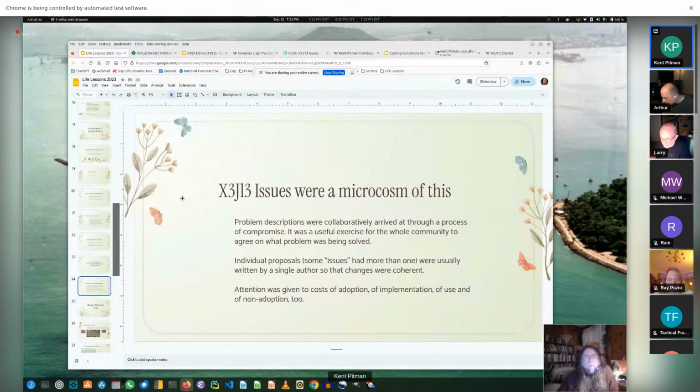Do you think it's a good idea to make a new version of the standard of Common Lisp, maybe with an ISO this time? So those are two different questions, very, very different questions. Do I think it's a good idea to make a new version of the standard? So